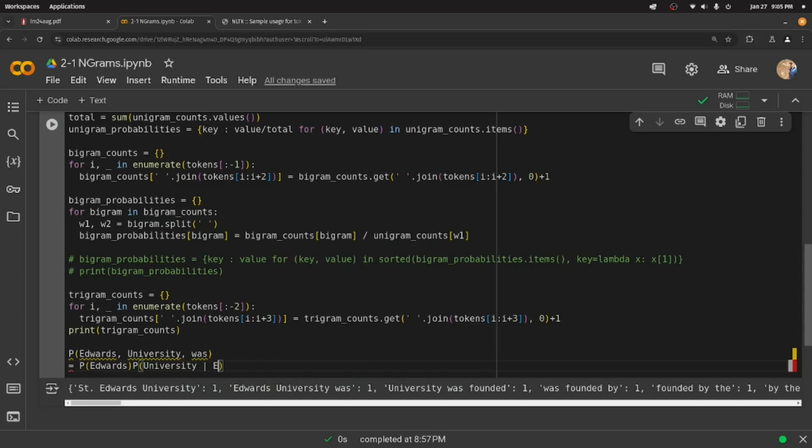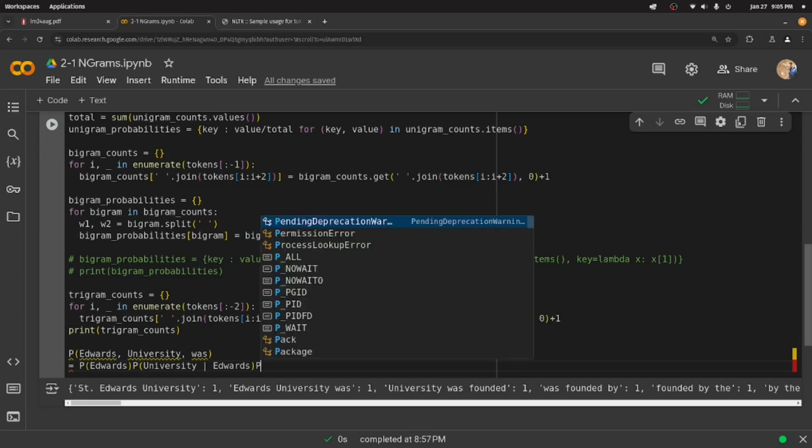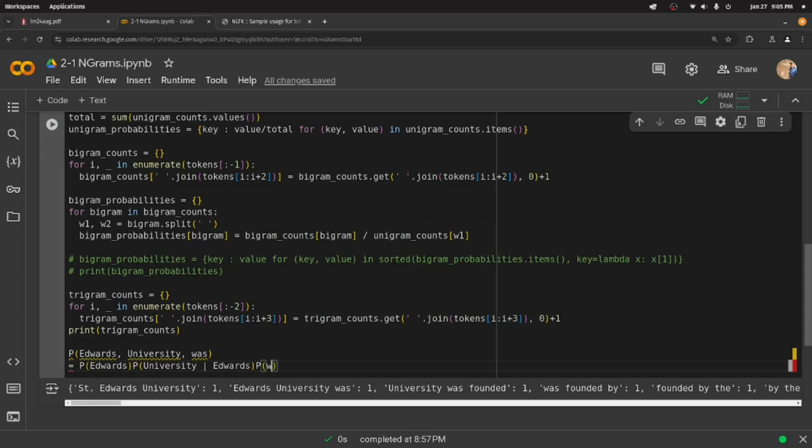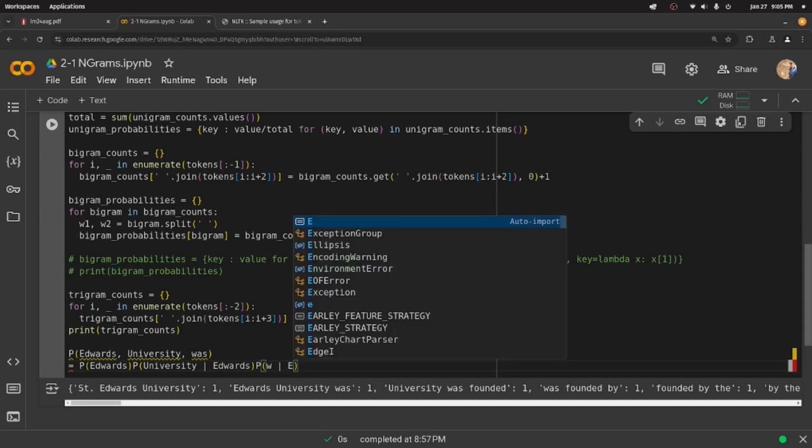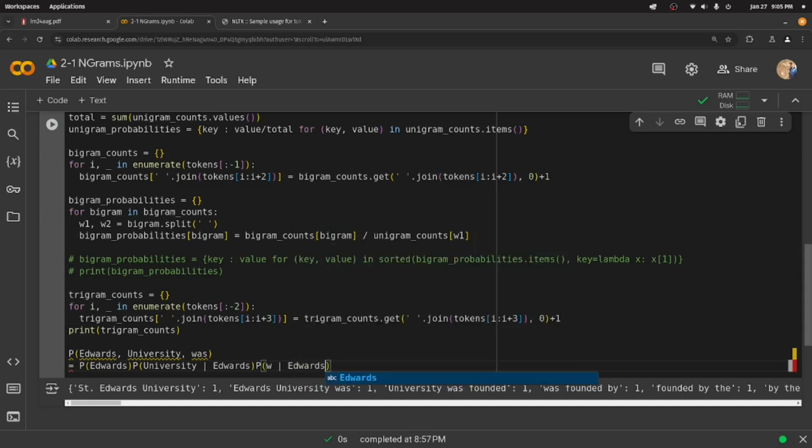given Edwards, good, times the probability of was given Edwards University. Good, so we know this, right? That's a unigram probability. We know this, right? That is a